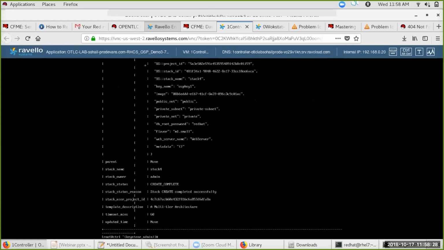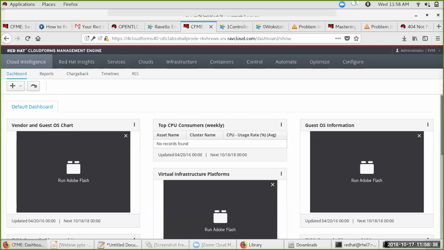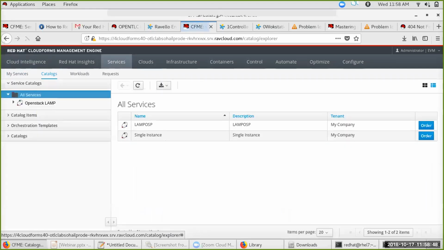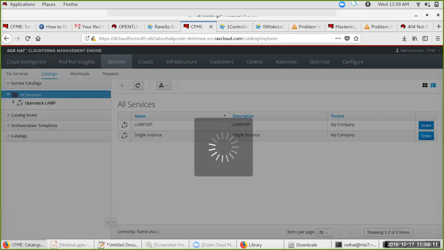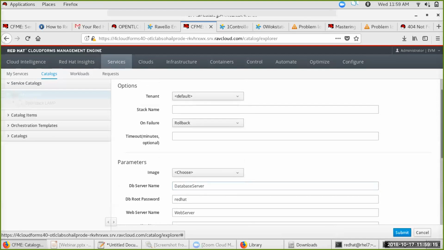Now, beginners will find it difficult. That is why we have integrated this with CloudForms, right? So this is my CloudForms, right? Services. As I said, our objective is to simplify so that your operation goes absolutely flawless. So I'm creating a lab stack environment using CloudForms, which is inside using Heat and OpenStack. Okay, so let me first order one CloudForms instance,